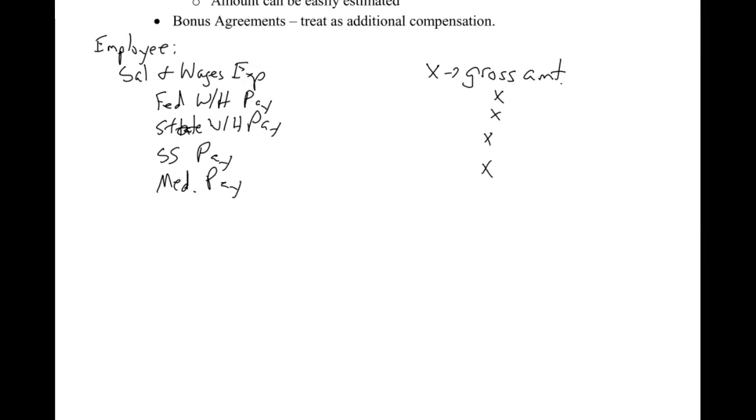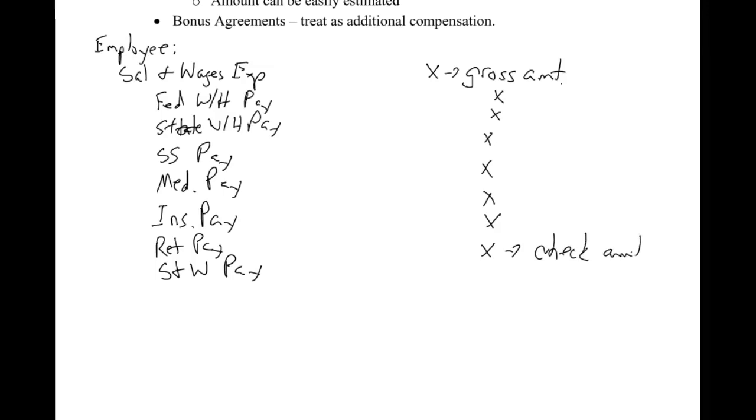All right. You might have like insurance payable. So if you work and you pay your insurance through your company, all right, the company is going to withhold your portion of the insurance and send it to whoever the insurance provider, whether it's Blue Cross, Blue Shield, or whatever the case may be. You might have a retirement payable, all right, for your 401k, and things like that. You might have union dues. You might have your parking, there's all sorts of things that can be withheld from your check. But the bottom line here is you're going to end up with salary and wages payable. Okay. This is your check amount. This is your take home.